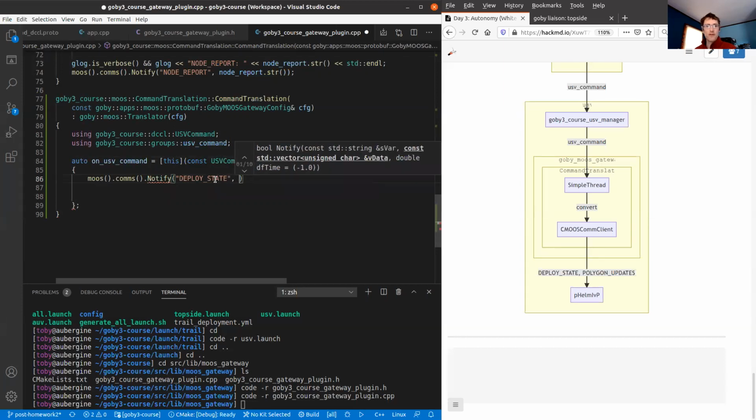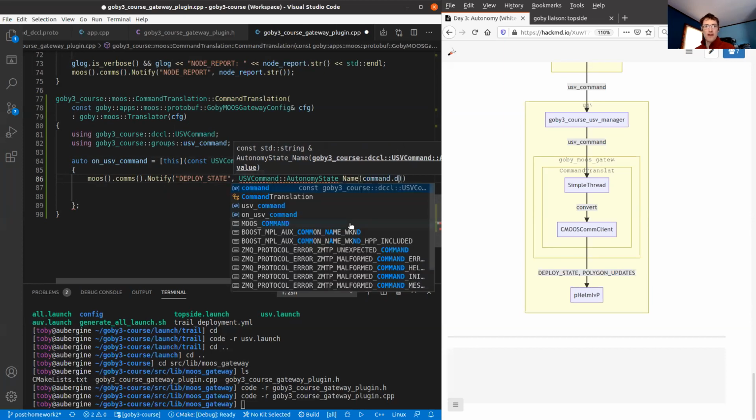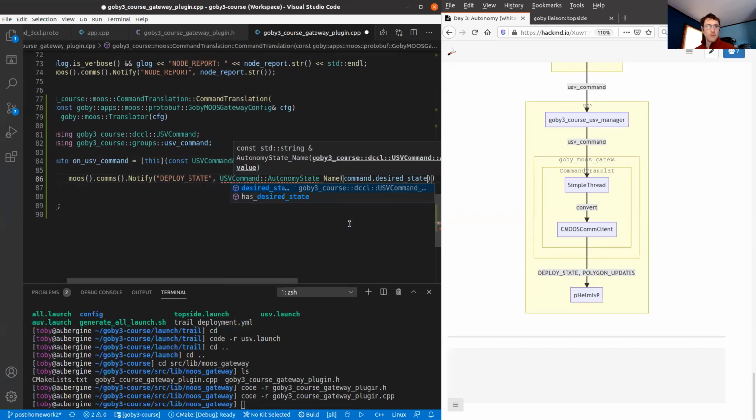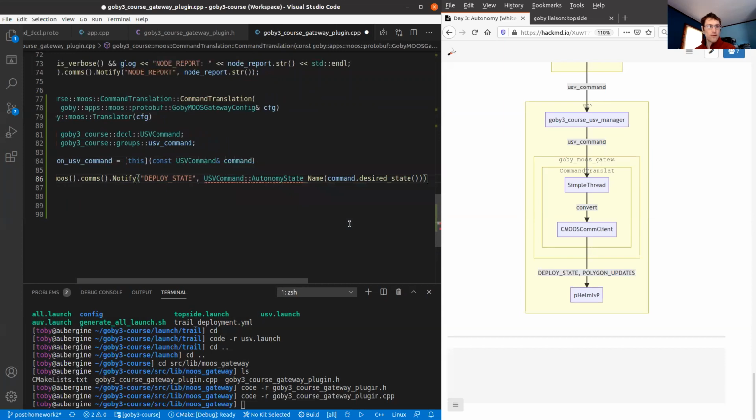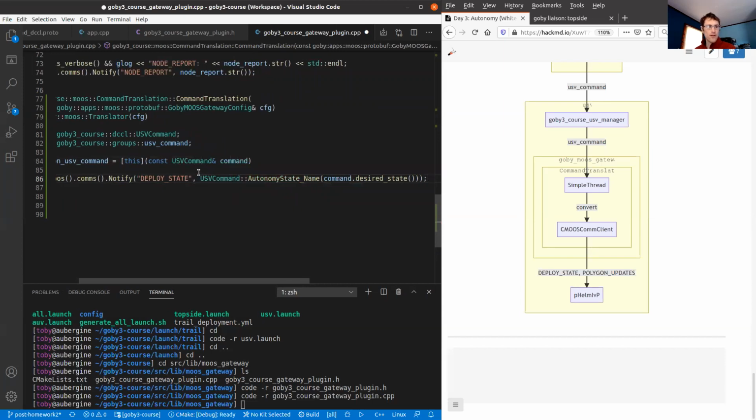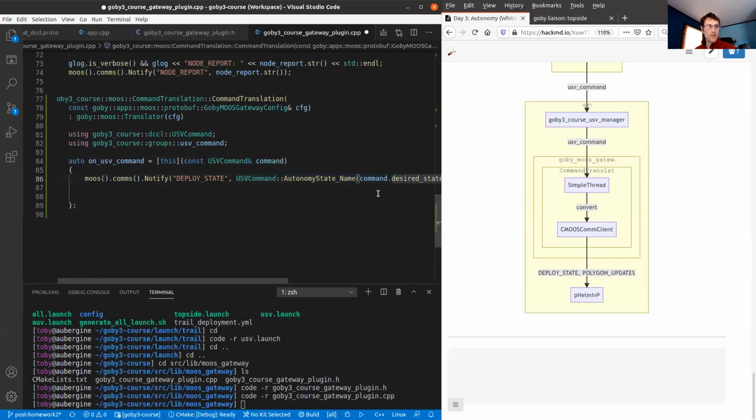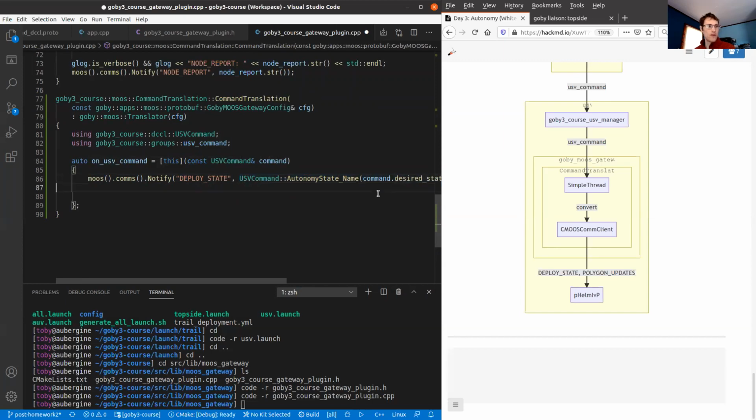And I'm going to publish the string version of this enumeration, the state enumeration. So to get that with protobuf, I can always call the name of the enum underscore name. So this function converts the enum to a string, and then it passes the actual enumeration value. So this whole thing is going to be the string version of desired state, because Moose is all about strings all the time.